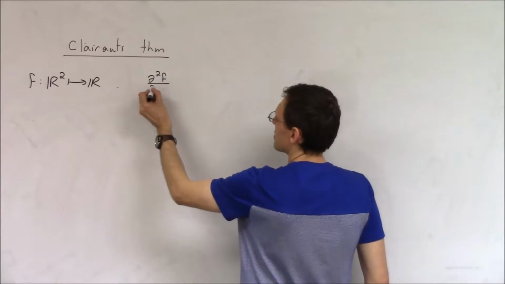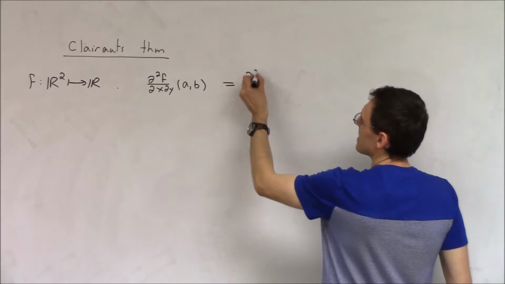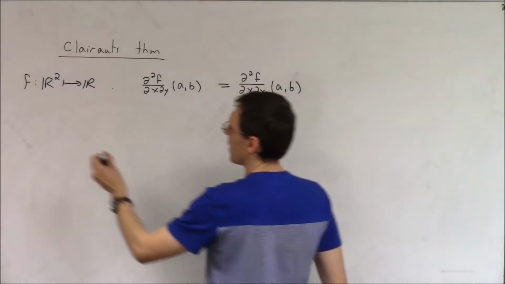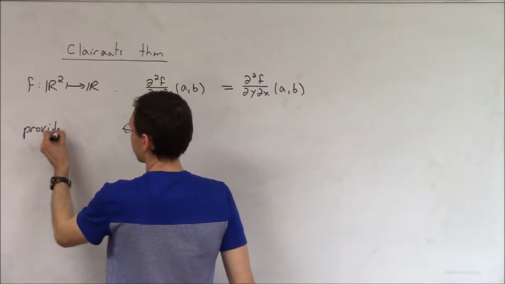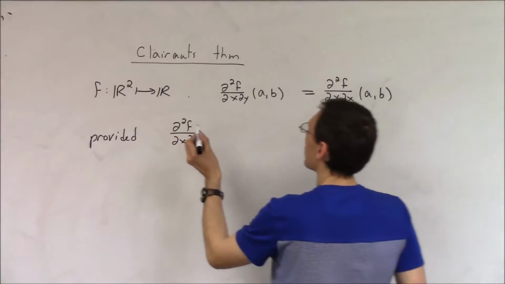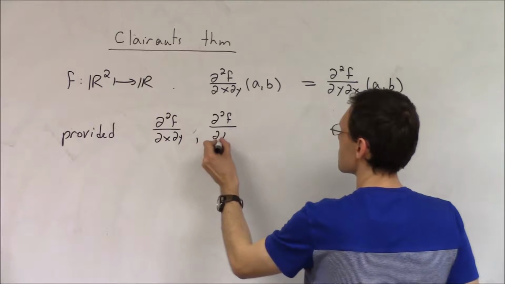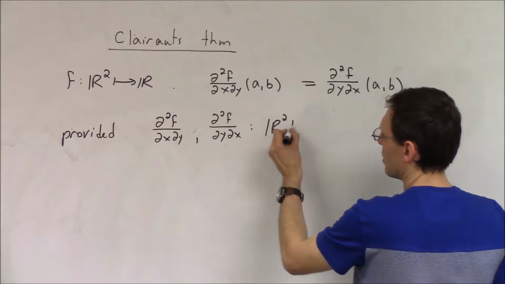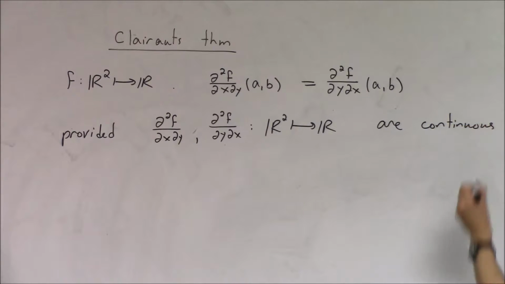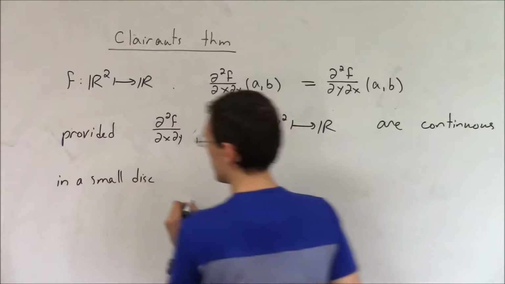The mixed partials, d squared f dx dy at the point (a, b), will be the same as d squared f dy dx at the point (a, b), provided that the mixed partials, which are functions from R2 to R, are continuous in a small disk centered